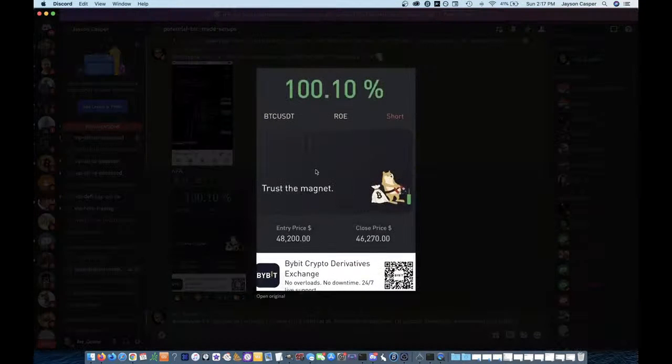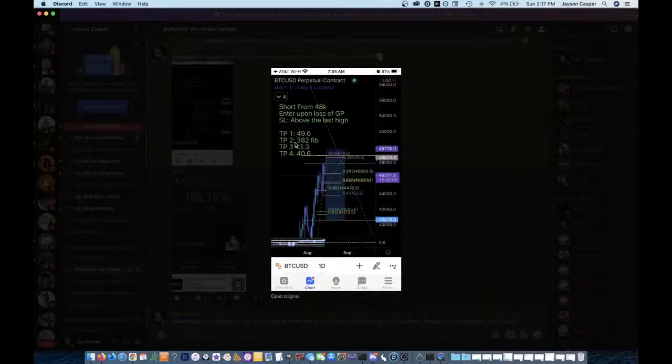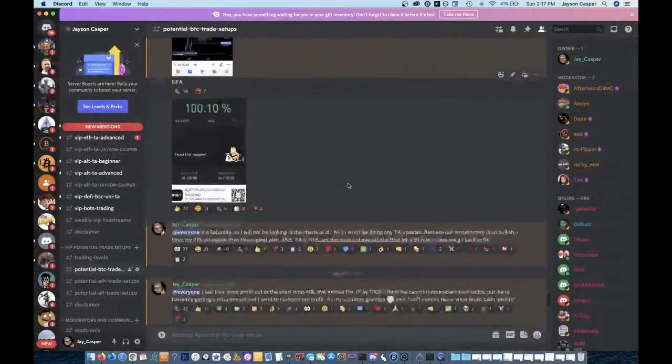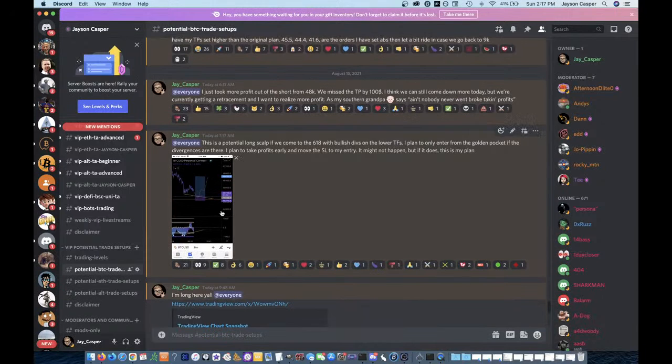Entered the trade. Took some profit, 100% in profit. I'm actually still holding this short, even though it's not at 100% profit anymore. I took profit 1 here because we hit a 382 level, which as you can see was my take profit level, my plan from the beginning, when we hit that 382 to take profit there. And then I'm holding the short,